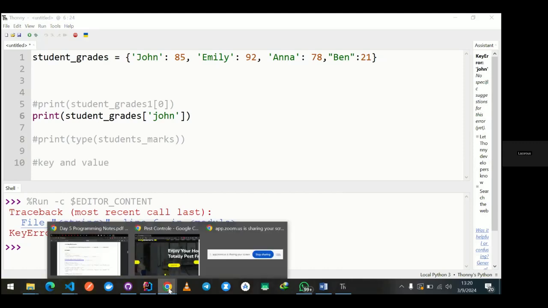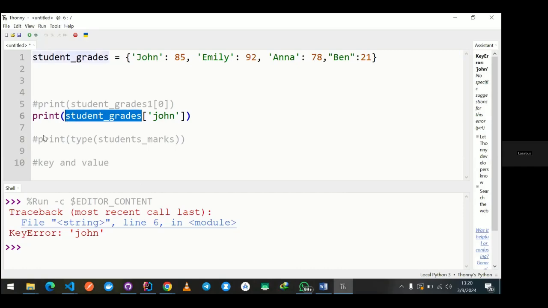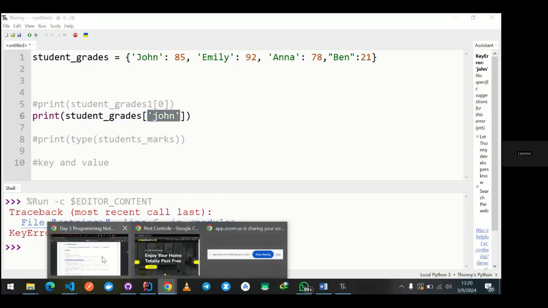So we have defined the dictionary here. We have accessed it. So this is the accessing part. The concept is the same. We're using an index with square brackets, only that we are not passing the index value. We're passing the key of a dictionary. Then it will return you the value. Okay. Then moving on,